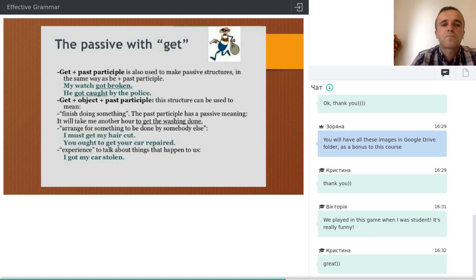Just for this, to have something done or to get something done, phrases, constructions, you can also give them some more examples from Grammar in Use, English Grammar in Use from Murphy,